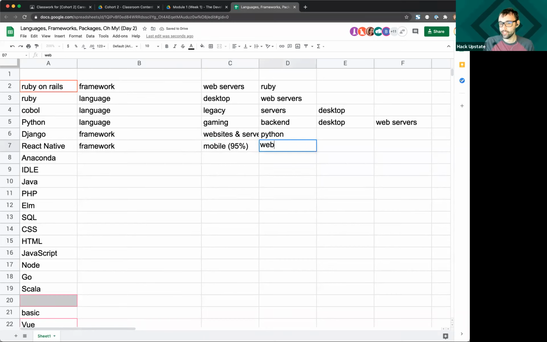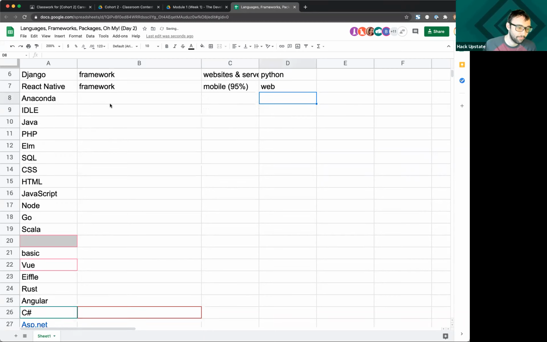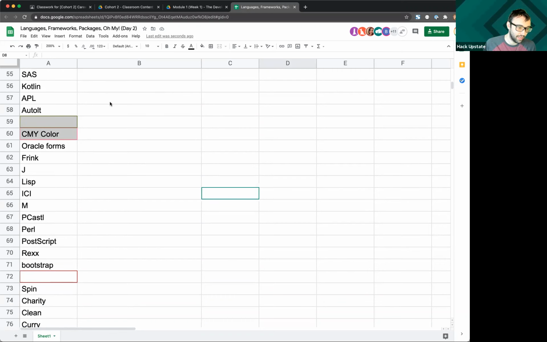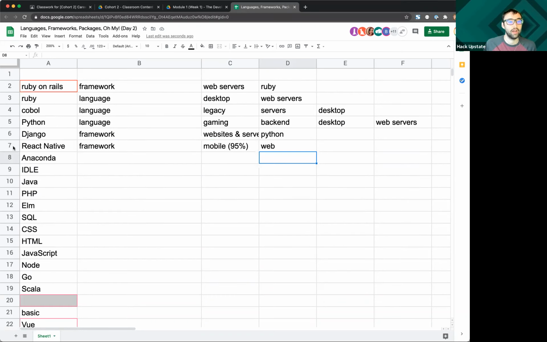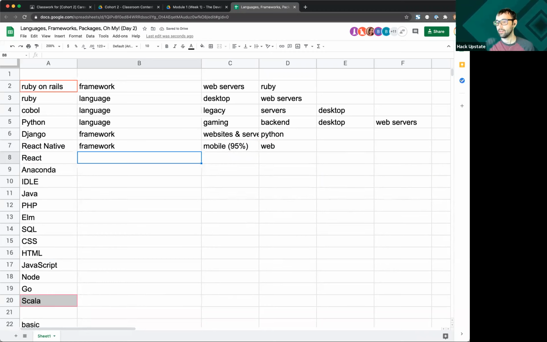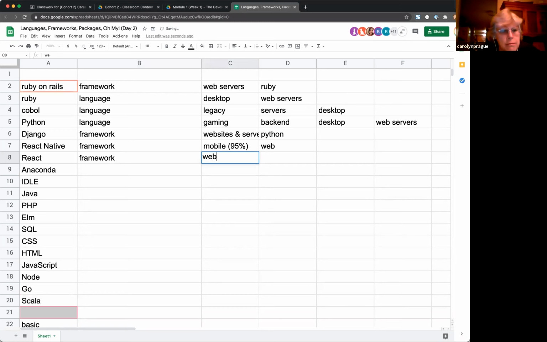It can be used on web, but we will probably hit, no, we won't. We're going to add one below it called regular React. And can you guess what that is? It's also a framework, and it is actually only used on web. You wouldn't really see React being used on a mobile device by itself.